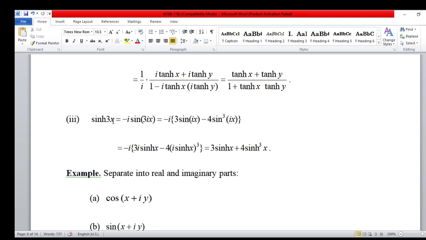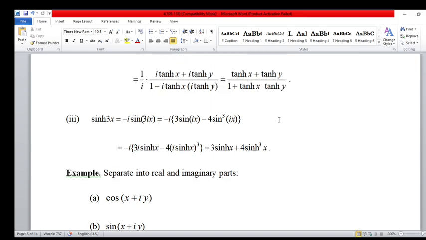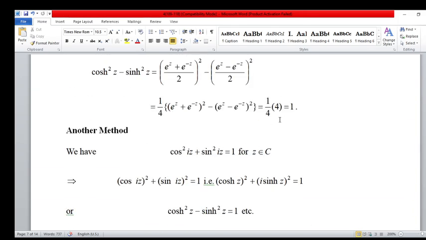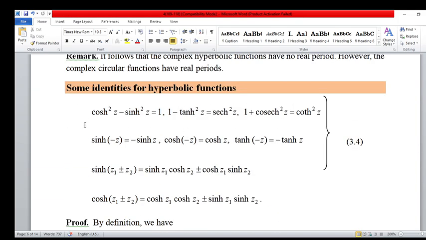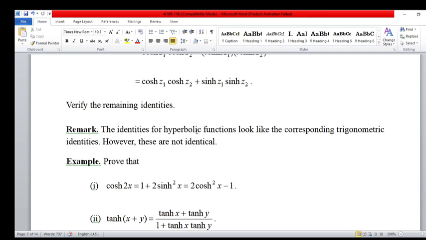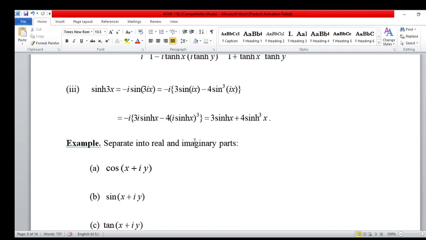And the sin hyperbolic thrice theta formula, with x in place of theta. After solving, this is thrice sin hyperbolic x plus 4 sin hyperbolic cube x. So these are the simple trigonometric formulas, and these are our trigonometric formulas for hyperbolic functions and their results. Now today's lecture is over, and good day.